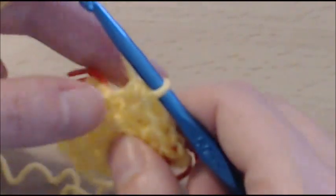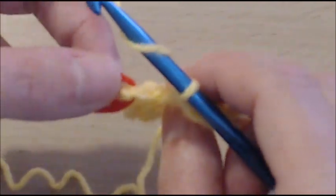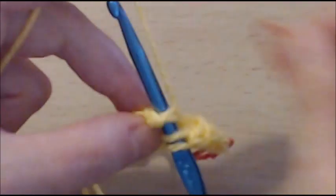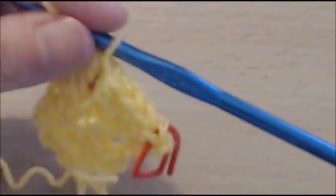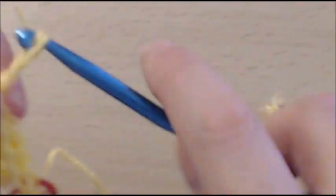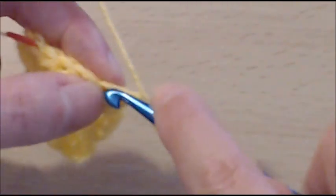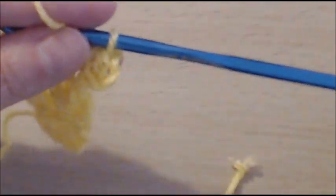And half double crochet, and into the last stitch we're going to do a regular half double crochet through both loops. And I'm going to do another row with you, and I just lost my stitch marker, so I'll just get another one. So chain 2 and turn your work, and in that very first stitch we're going to do 2 half double crochet. Now here's one, and immediately I will place my stitch marker